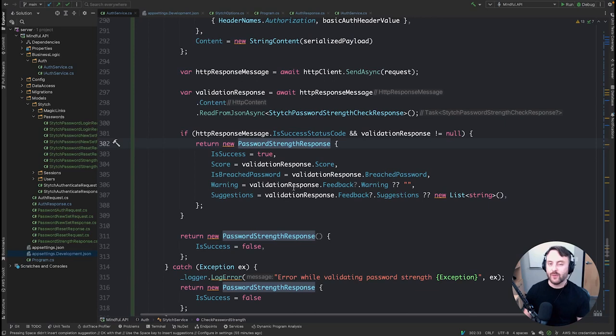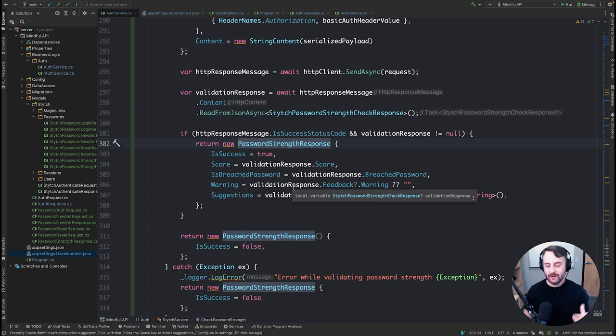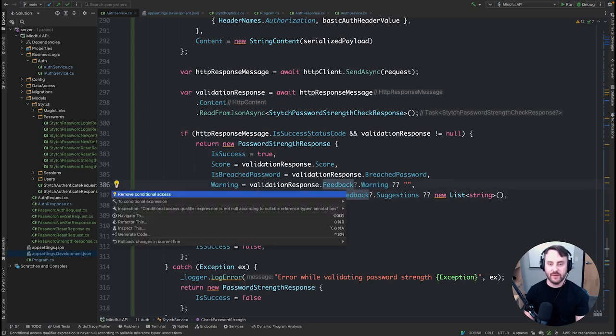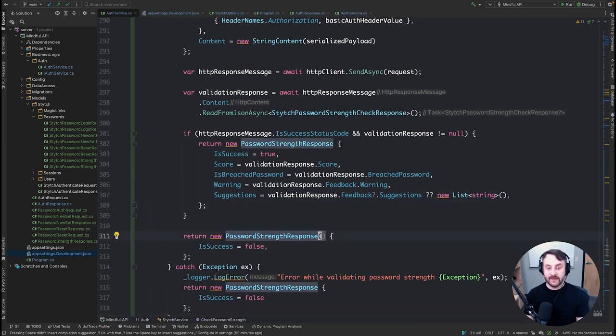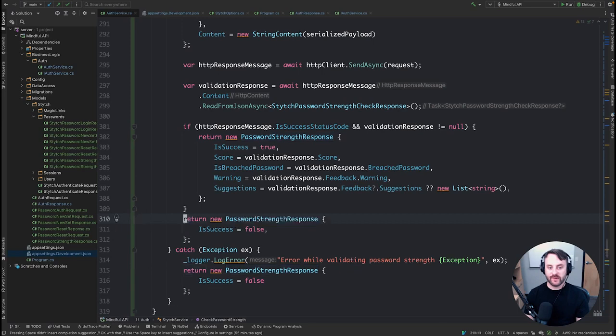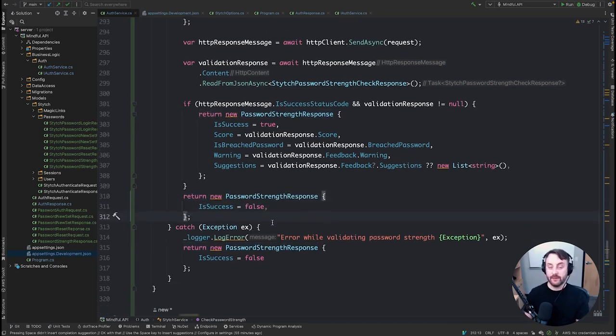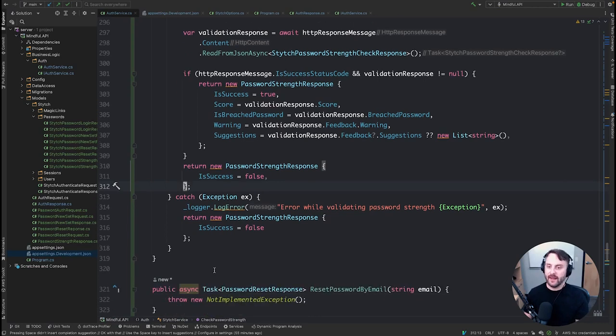With the score, we can use that to control the UI if we have sort of like a progress bar from 0 strength to fully strong password. We can determine whether or not that's been a breached password and provide any warnings and suggestions on the response itself here. So clean that up a little bit. Otherwise, in the event that that was not successful, of course, as we have on the other endpoints, we'll return a response with is success set to false and catch and